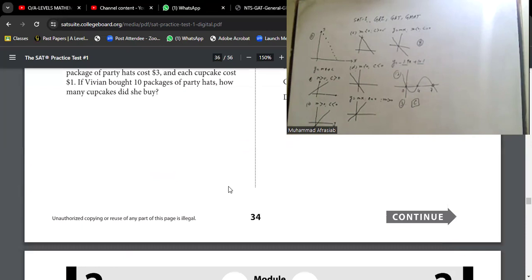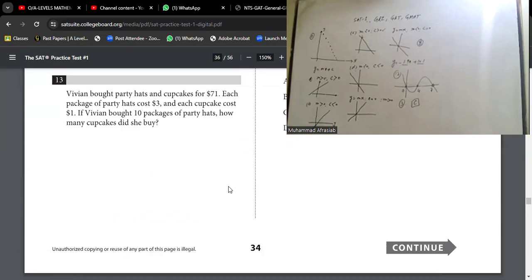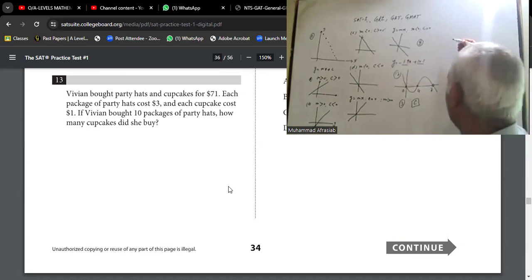Question number 13. Vivian bought party hats and cupcakes for $71. Each package of the party hats costs $3 and each cupcake costs $1. If Vivian bought 10 packages of party hats, how many cupcakes did she buy? We know that the total cost, we can write it as